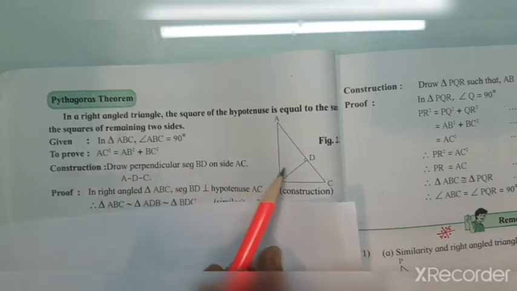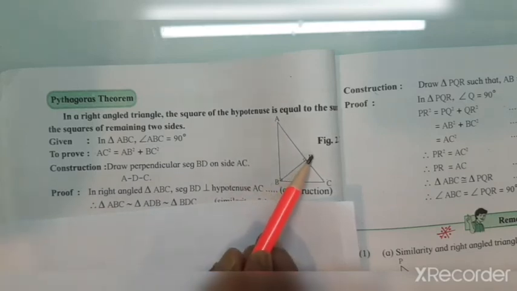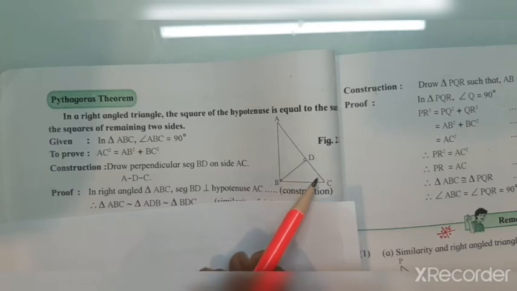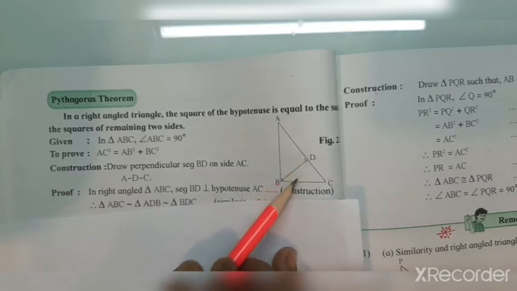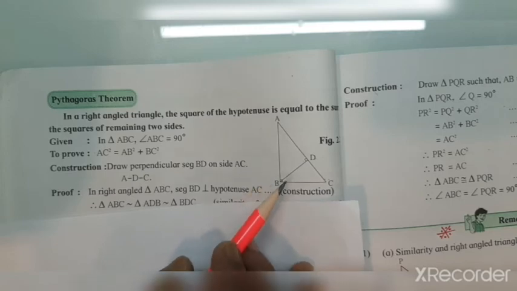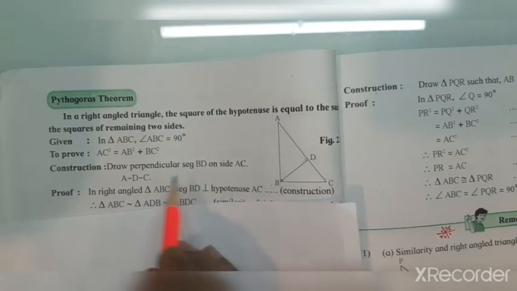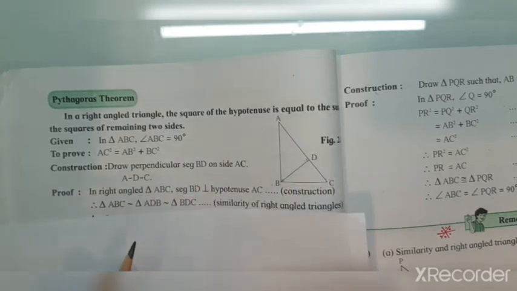Now this is a construction, that is, they have not given BD is perpendicular to AC, but this is being taken so that it makes us to reach to what is asked being proved. So construction, this is an extra thing. Usually construction we also show with dotted lines. So you can show this with dotted lines also, BD. So BD is perpendicular to AC is a construction which we have taken. Now we start the proof.